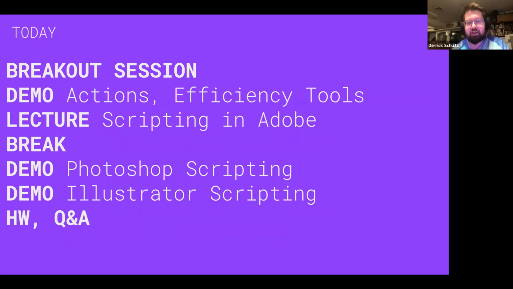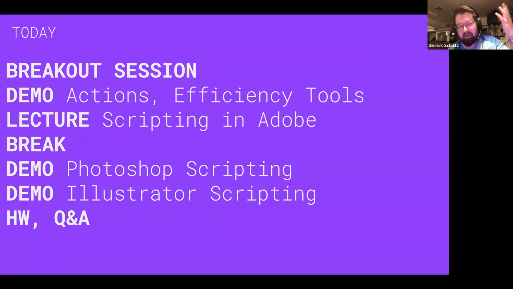Scripting is a much bigger topic, and also kind of a dark art in the Adobe world. I've done a lot of it in previous careers, or previous lives, so I can talk a little bit about what I've learned works. It's definitely not for the faint of heart. It's a pretty big challenge, but seeing what I'm working on or how others work might help give you some direction on things.